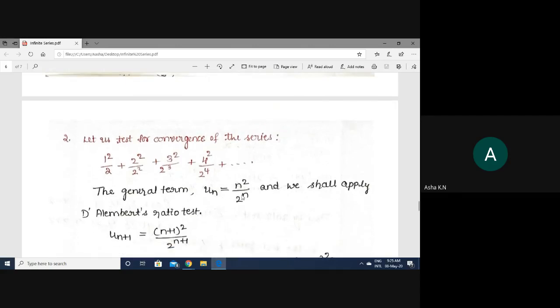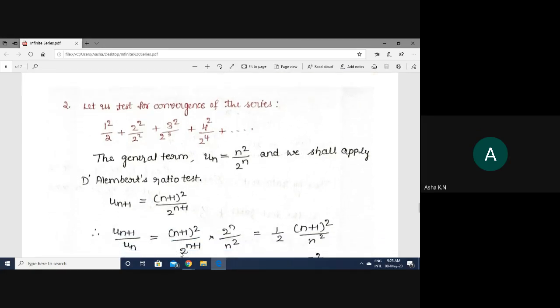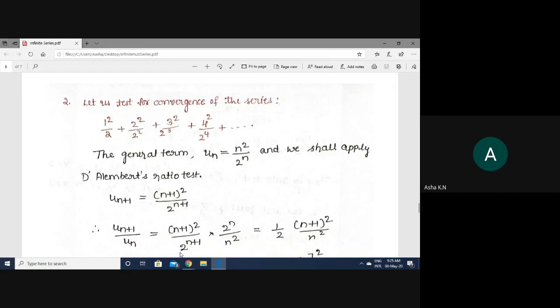According to the ratio test, we are doing problems on the ratio test, right? You can actually do this problem using the root test also, but suppose they ask for the ratio test. Anyway, the root test we know already, so we are going for the ratio test. Now, un is n square by 2 power n. So un plus 1 is, wherever n is there, you write n plus 1: n plus 1 whole square by 2 power n plus 1. Now, consider this ratio. Directly you can take the limit also, or first you can simplify and then take the limit.